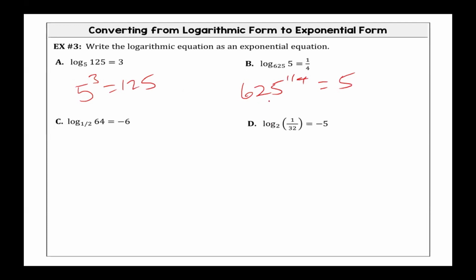Perfect. That means I'm asking what is the fourth root of 625? And that would be 5. That's 5 times 5 times 5 times 5 is 625. All right, C. Go. Okay. And then last but not least,